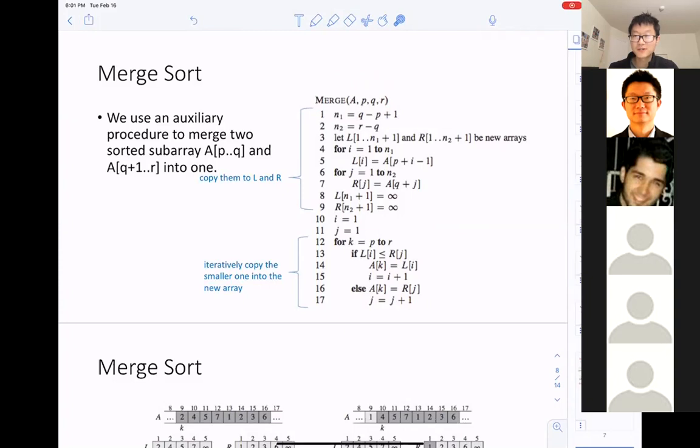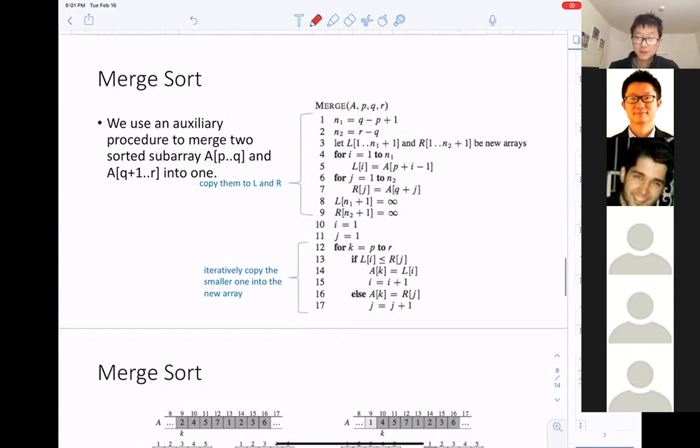Function declaration. Now we're going to declare that we are about to define a function whose name is merge and whose input parameters are A, P, Q, R. What does the capital A stand for?